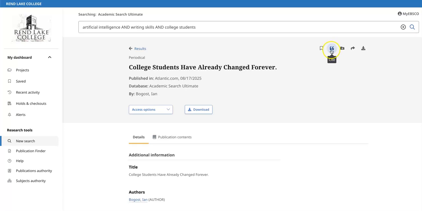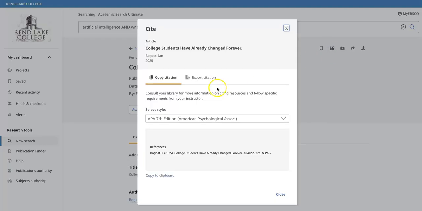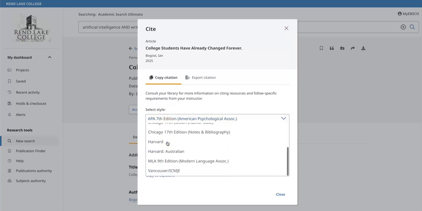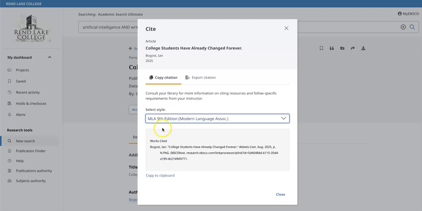But one thing I will show you, which is very nice, Ebscohost and other databases do this, is that if you click where it says Cite, then what you can do is you can ask it to cite in a certain type. We're going to use MLA 9th edition, and you can either copy paste, you can copy it to clipboard, you can export the citation, and any of those come in really handy so that when you are